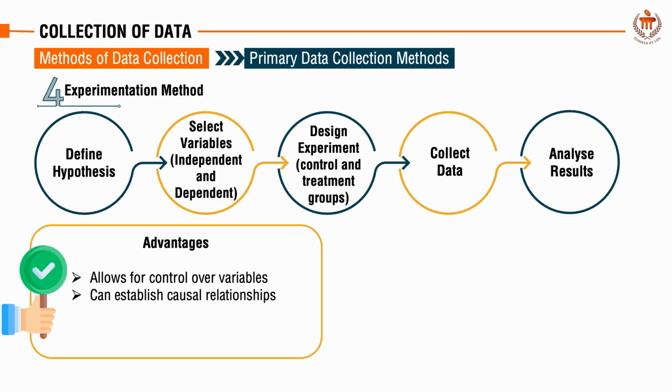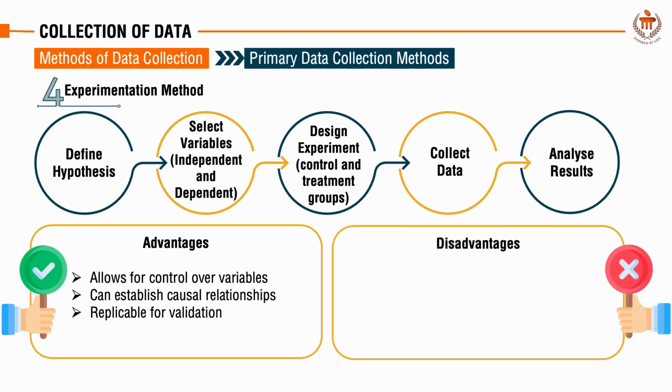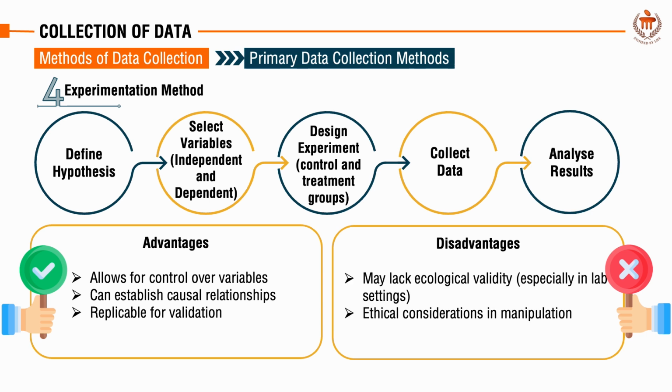Additionally, experimentation is often replicable, meaning that other researchers can repeat the experiment under similar conditions to validate or challenge the finding. However, there are some disadvantages to experimentation. One concern is that it lacks ecological validity, particularly in laboratory settings, where the controlled environment may not accurately reflect real world conditions. An additional issue is the ethical consideration involved in manipulating variables, especially if the manipulation could harm participants